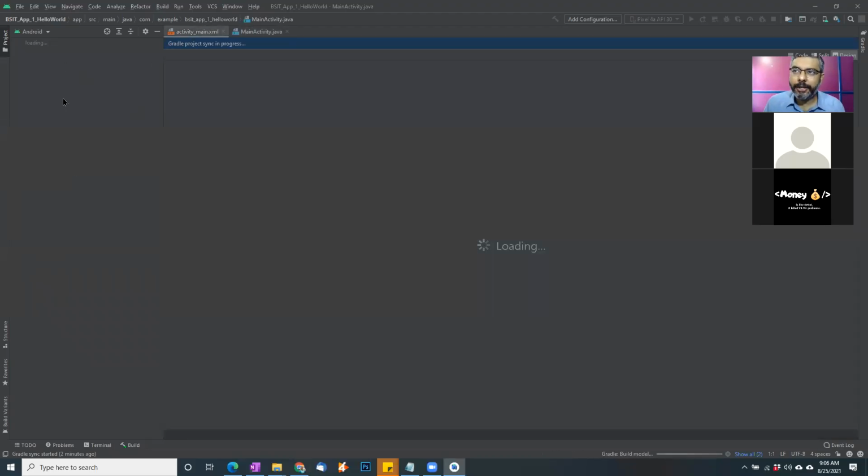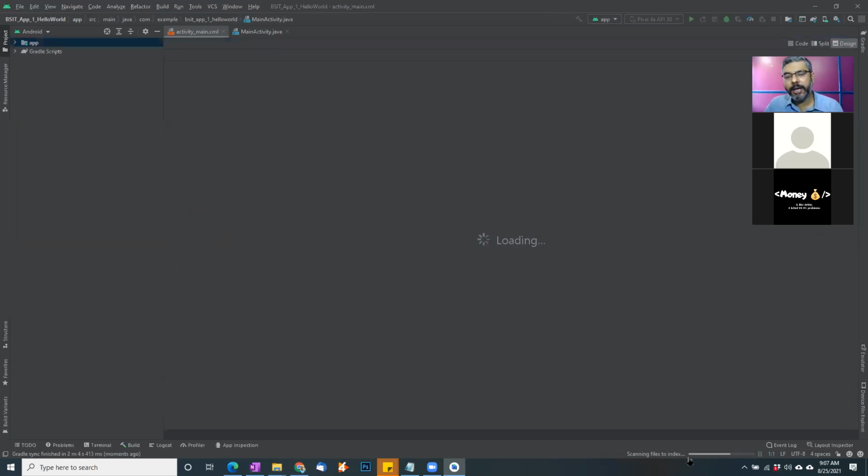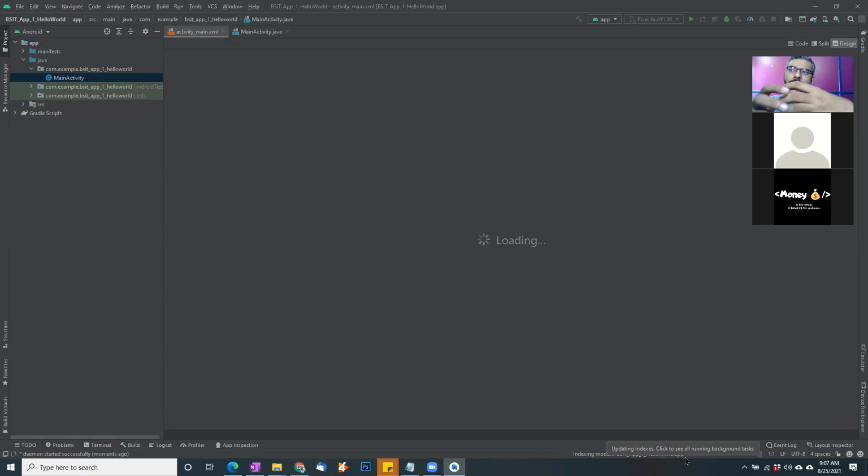On the left, you will see this project window. This is, again, a very important area where all your folder structure is formed. And it's currently loading. Like I said, it does take time. For every new project, it will, in other words, from its own local repository, create and copy the APIs into a new folder. So you can see it's importing new files from its own repository and adding them into your Android project so that your Android project can run independently. That's the basic idea for it.